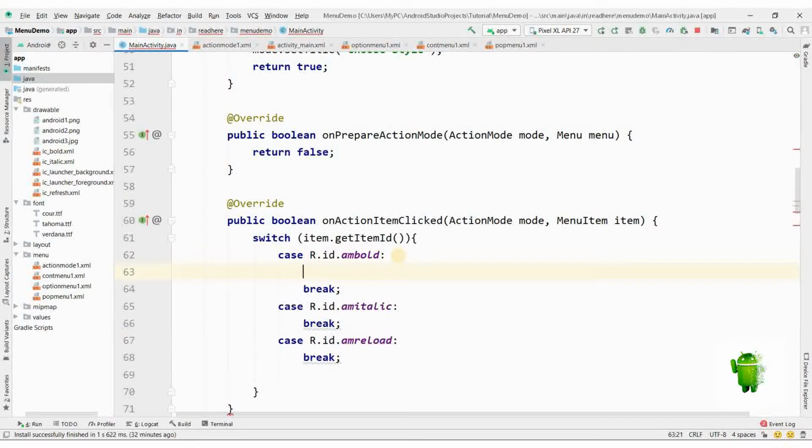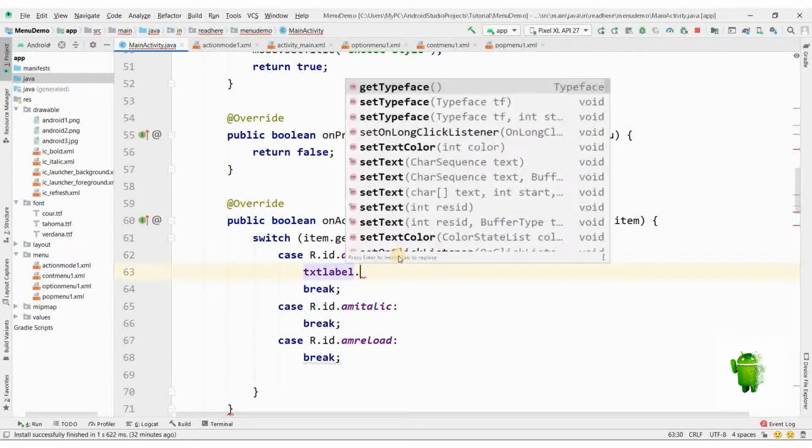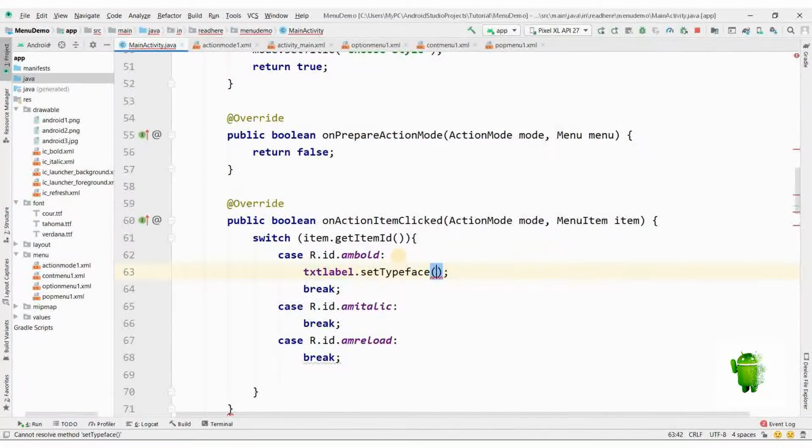So here we'll set the typeface of text label dot set typeface. We'll set here text label dot get typeface, comma, we'll set here typeface dot, if the option is bold then we'll set here the bold.